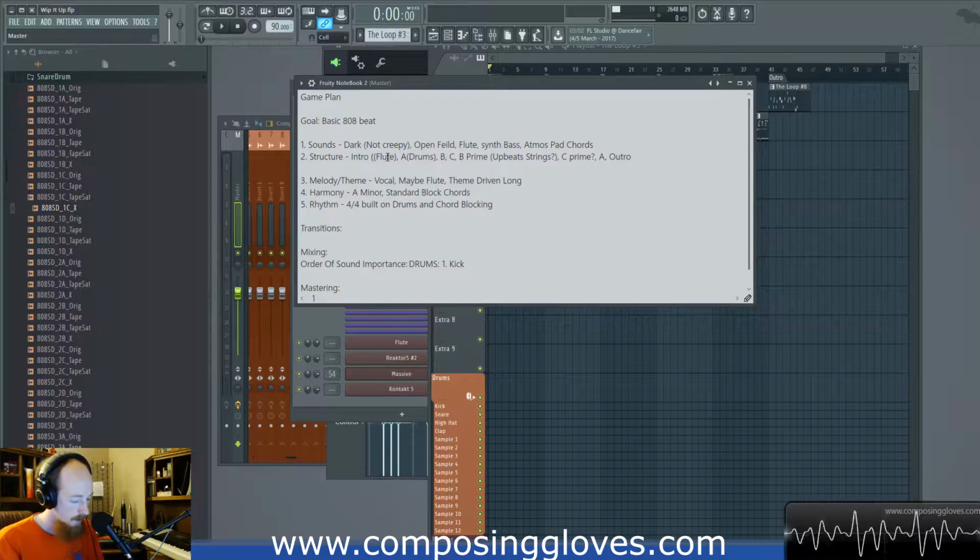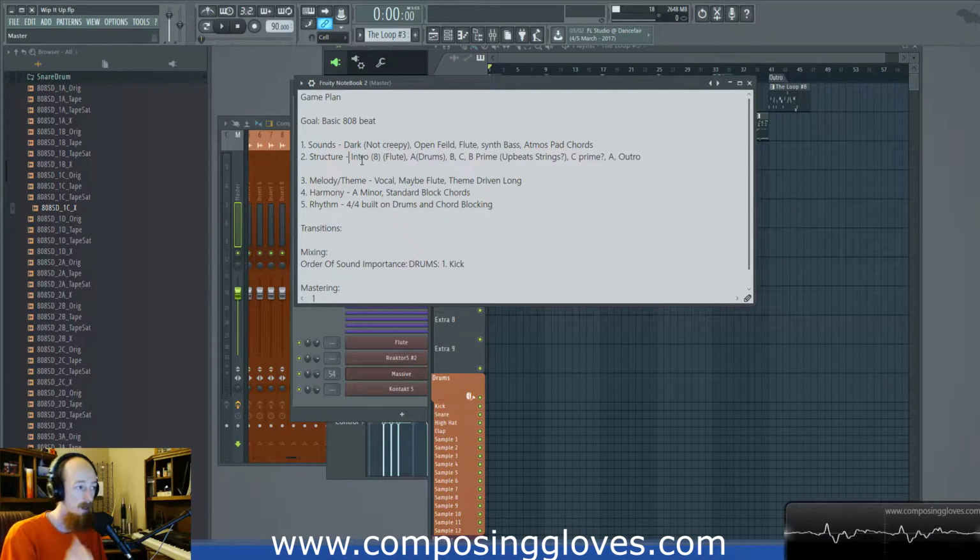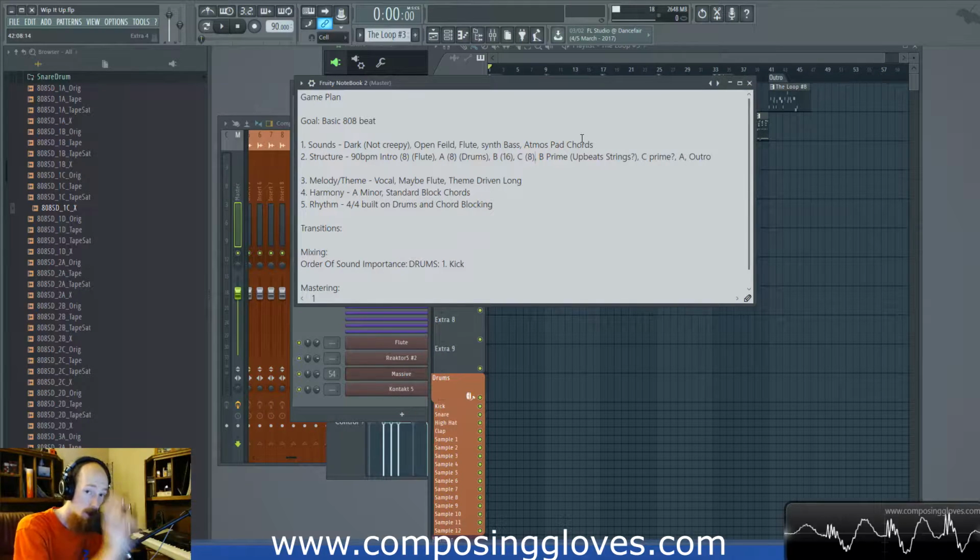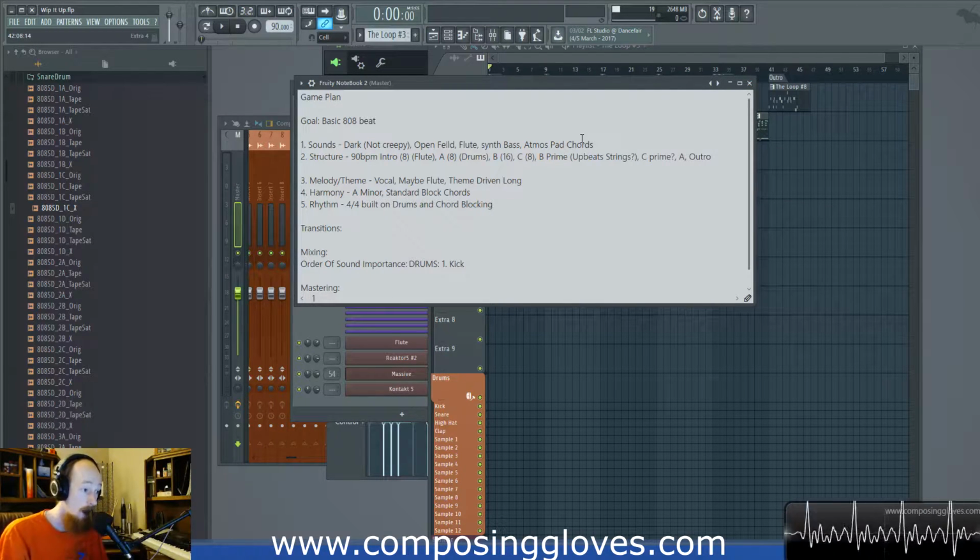So you might say, I want this to be 8 bars. And you may also consider doing tempo at this point in time. So I'm like, 808 beat, whatever, 90 beats per minute, right? That sounds like a good, fair tempo. So 8 bars, and then I might come in here, A section, it's going to introduce the drums, probably a good 8 bars. Maybe for the B section, I'll be jamming at this point. That's the goal. So I do 16 bars. C section, 8 bars. You go through and you make these decisions, and you can always come back and change them. You're just getting some ideas down. You're getting some direction. So now we have a structure and the sounds.